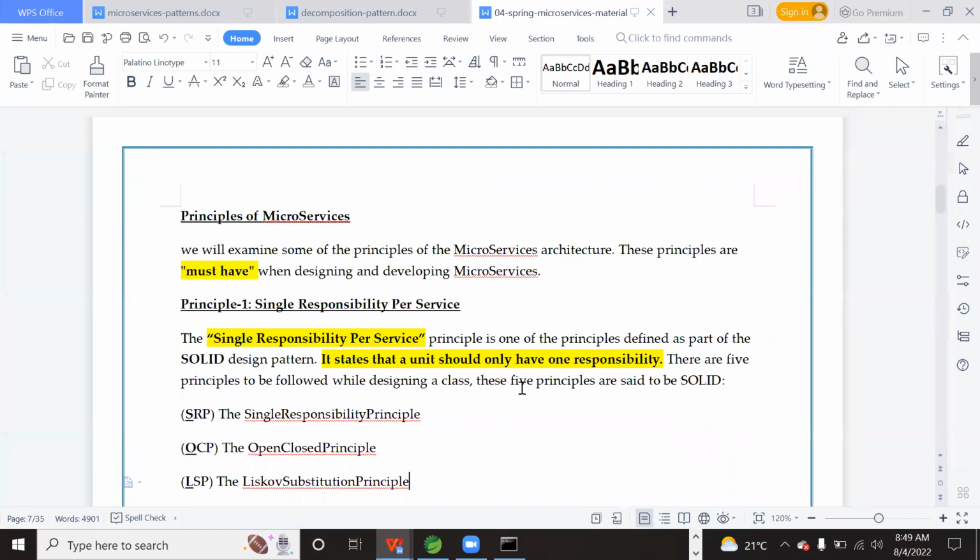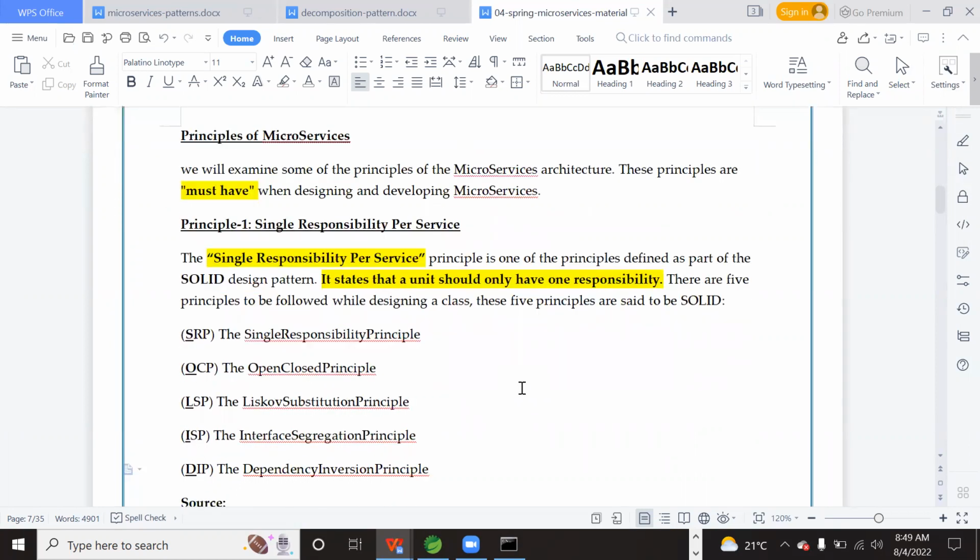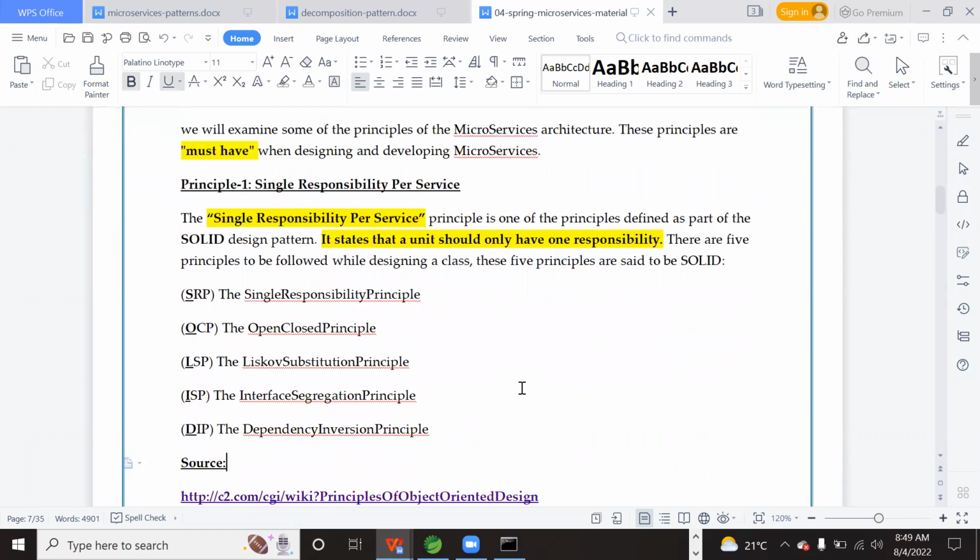So these principles of microservices and characteristics, let us discuss tomorrow. Okay, so that's all for today. Any questions for me? Don't miss tomorrow's session, because it is very important. Principles of microservices is very important, because while we are discussing this principle, we'll discuss the SOLID design pattern. It is a damn sure, 100% interview question in your interviews, the SOLID design pattern. While we are discussing the single responsibility principle, we'll discuss this SOLID design pattern. Don't miss the coming sessions. However, that's all from my side for today, folks.